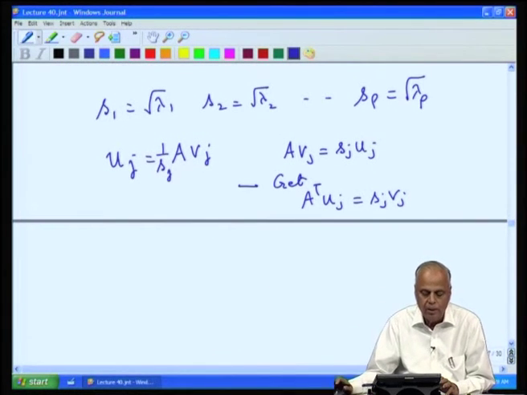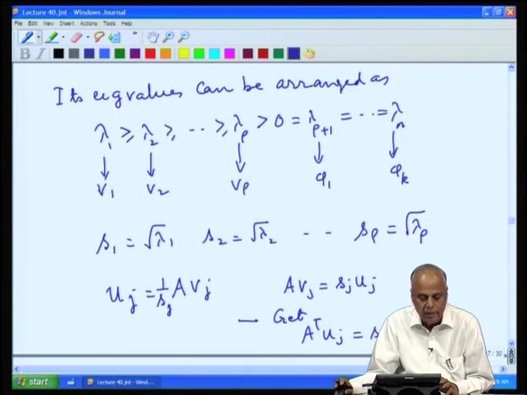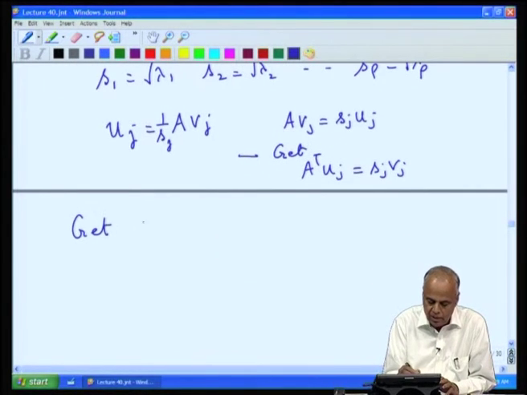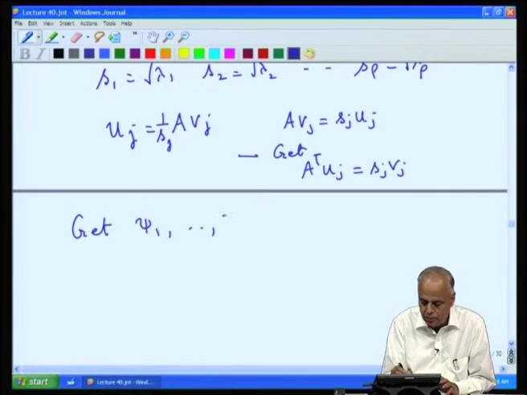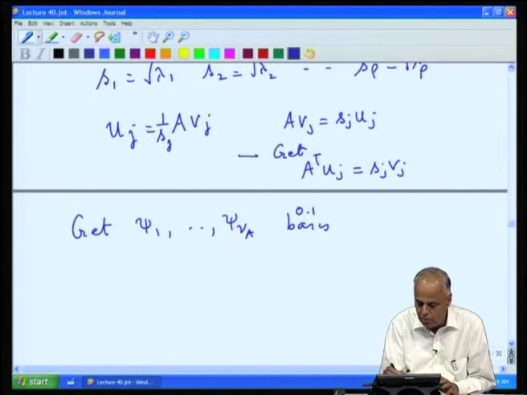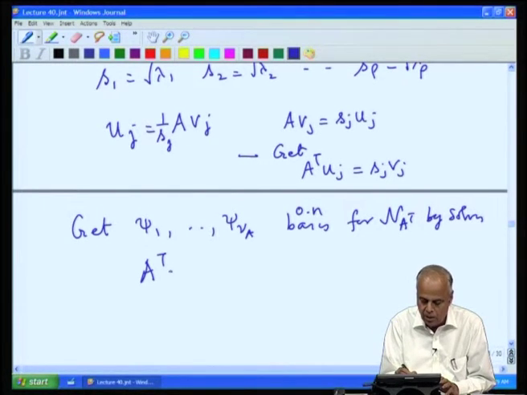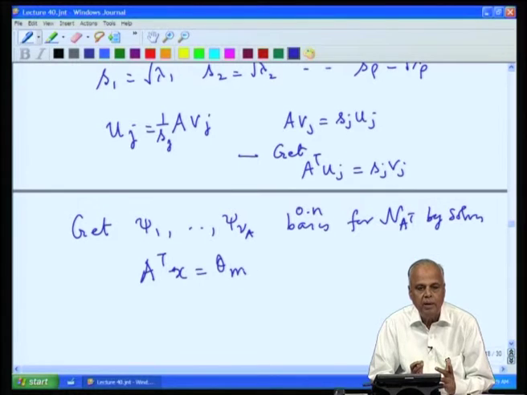And so we got the U's, the V's, the phi's, the lambdas, and finally we get psi 1, psi 2, ..., psi nu A transpose, an orthonormal basis for the null space of A transpose, by solving A transpose x equal to theta, and this can be done by